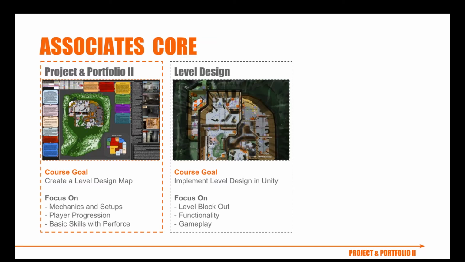So in this class, Project and Portfolio 2, this is where the bulk of the design decisions happen. Once you get into level design, you're just implementing the design that you've already created. And yes, problems might come up and issues might arise that you need to adjust your design or improve the design or add something or take something away. But the bulk happens this month, so we can prepare for if those situations come up and then quickly adjust